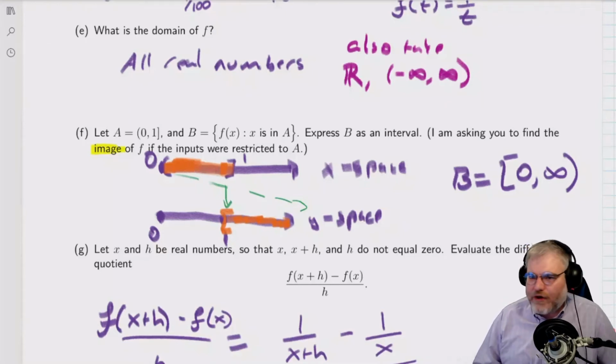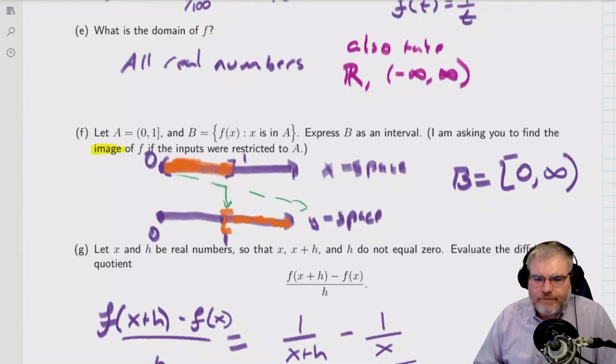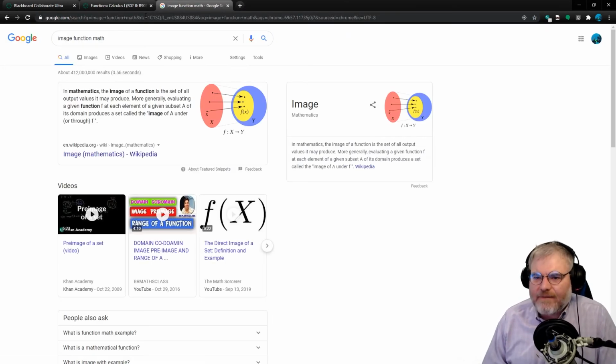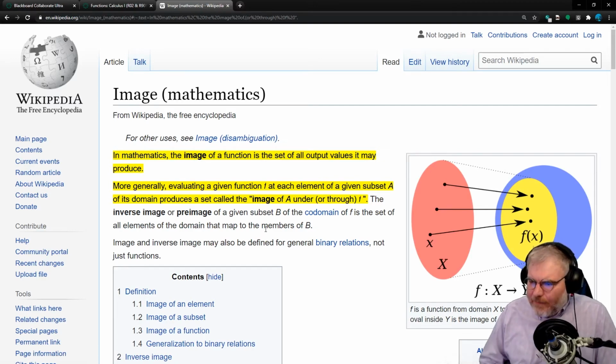Now, this word image. What happens when I Google the word image in mathematics? Let's go to the second screen here and let's Google it. Now, I come right here, it says image, mathematics. Hey, the image is the set of all outputs, the image of A. So given a subset A of its domain, it produces this. So it's kind of like a range,